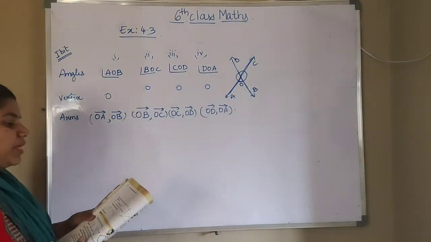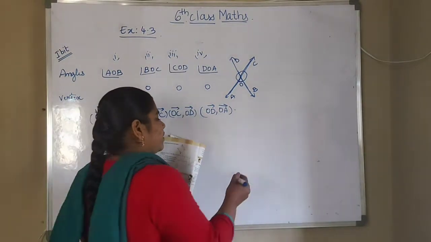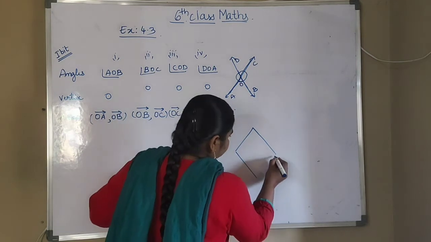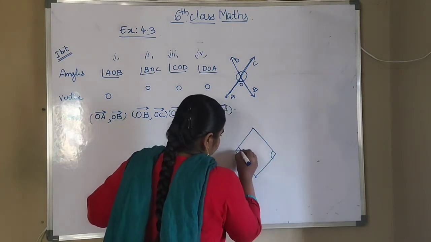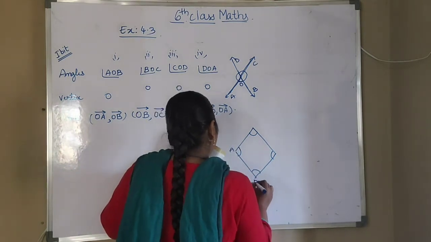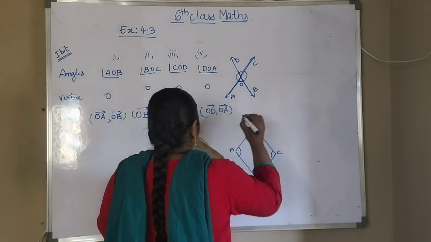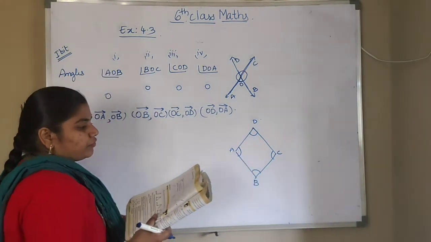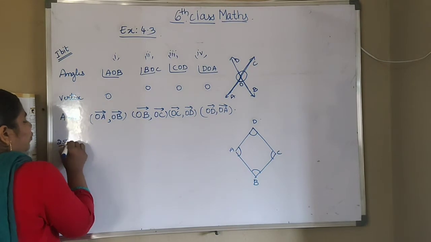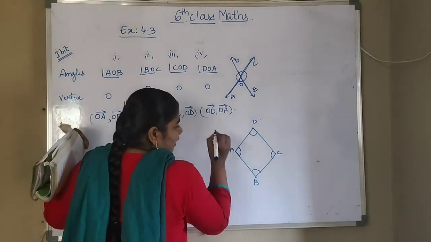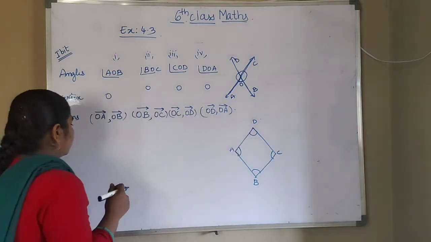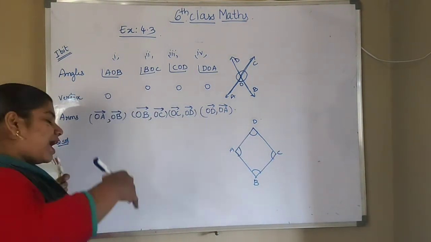Name the angles formed in the figure. So they have given one figure. In that, what are the angles we have to identify? Here A, B, C, D. Okay. So what we have to find? We have to write the angle names. So here, second solution. So what are the angles here? Angle A, angle B, angle C, angle D. So we will write in the form of three alphabets also.